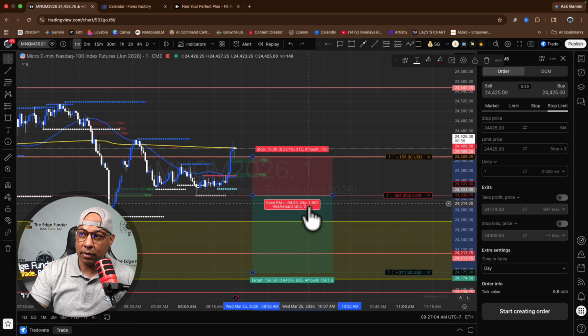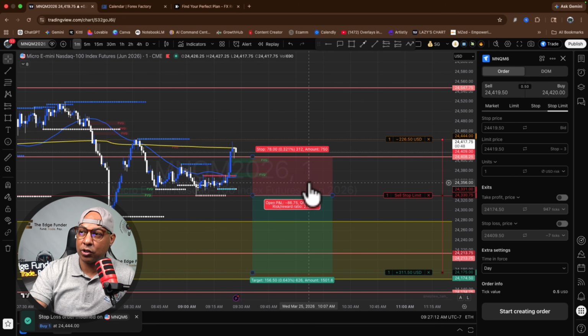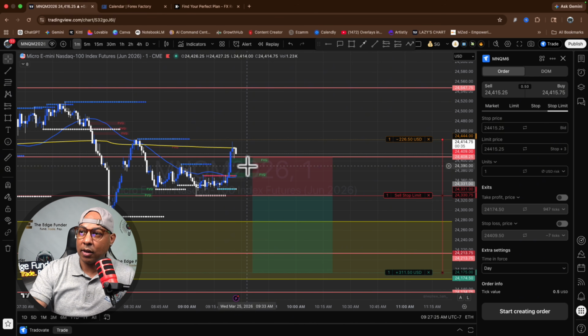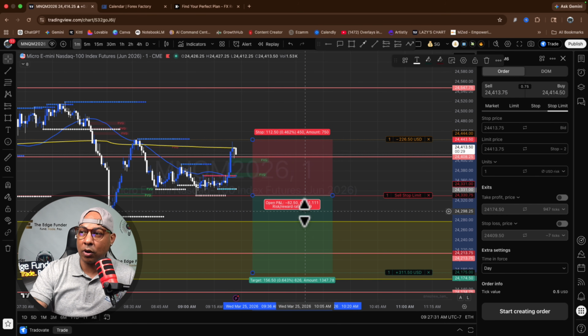So with that stated, this is good. But as you see, you can control everything right here. Even when you move this, it changes the numbers. Now, if you move this, of course, this box doesn't move with you. The position tool doesn't move with you. If you decide you're moving your stop loss here, let's say based on your strategy your stop loss should be at this previous swing high, okay, fine. Then just make sure that you move your long position tool with you,